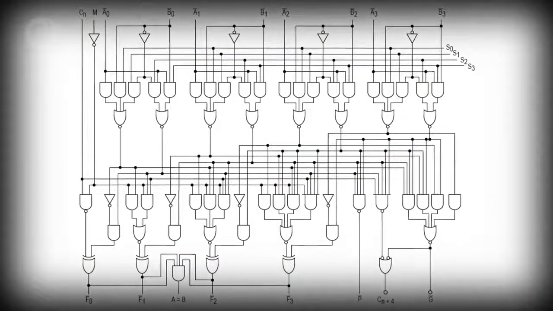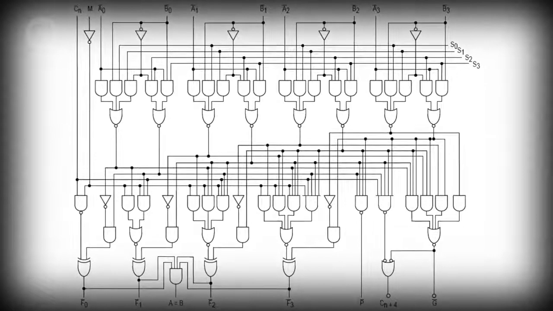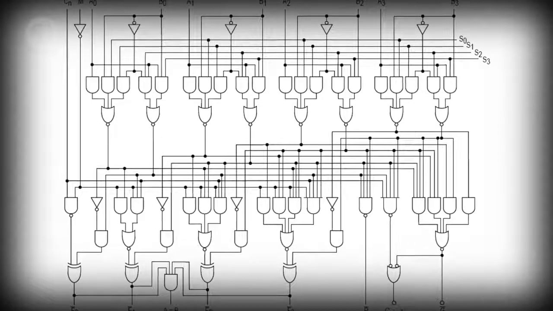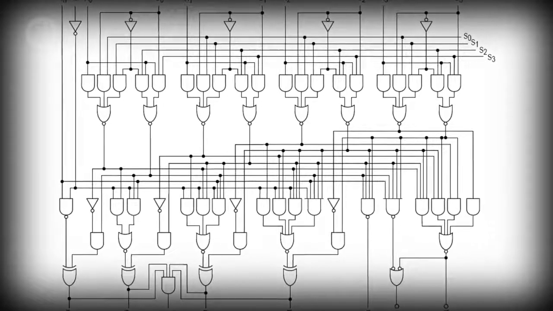The 74181 used about 70 logic gates, and it couldn't multiply or divide, but it was a huge step forward in miniaturization, opening the doors to more capable and less expensive computers. This 4-bit ALU circuit is already a lot to take in, but our 8-bit ALU would require hundreds of logic gates to fully build, and engineers didn't want to see all that complexity when using an ALU, so they came up with a special symbol to wrap it all up, which looks like a big V. Just another level of abstraction.